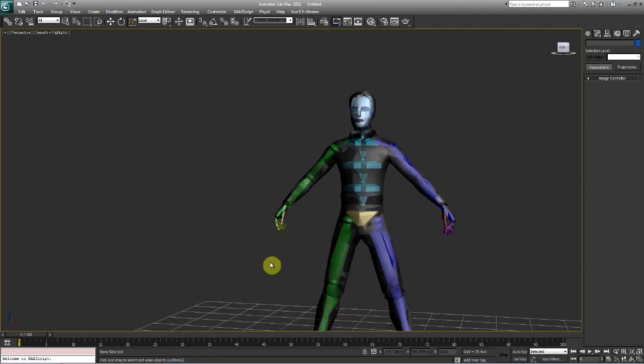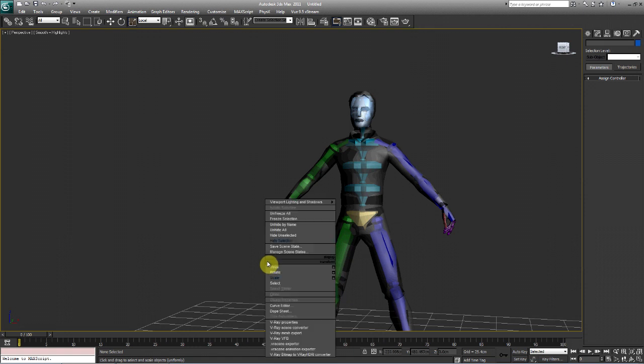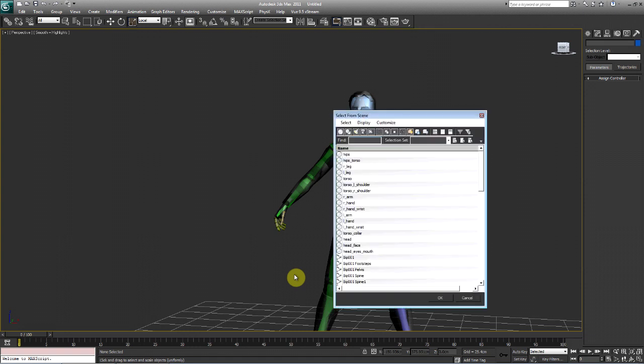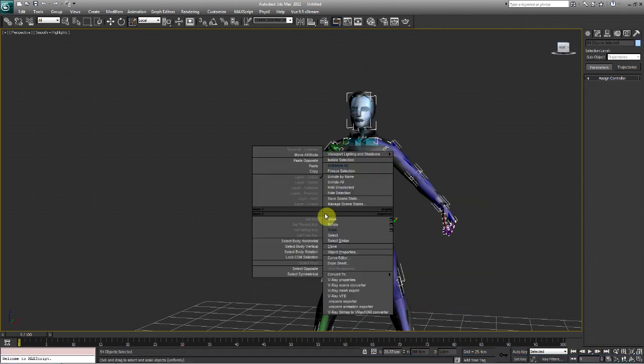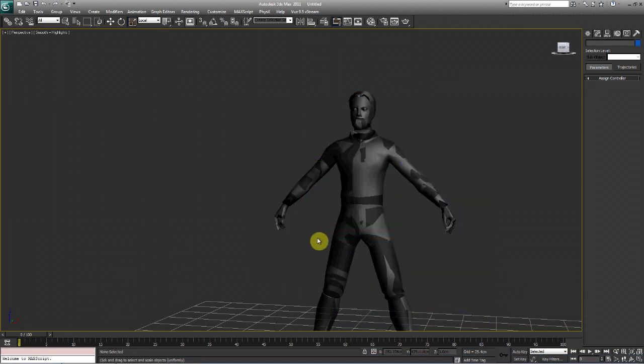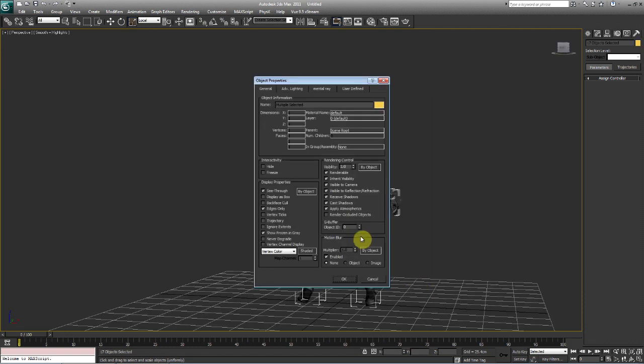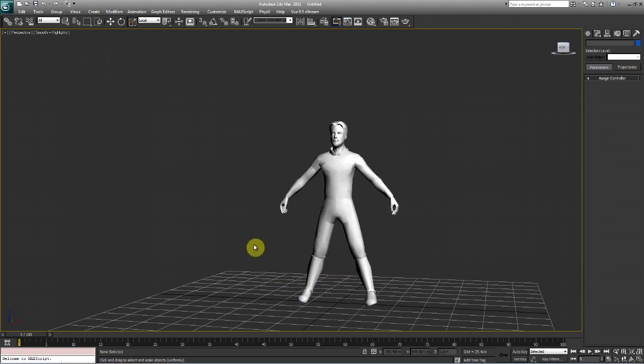So what we're going to do is leave the bones alone. We're going to select unfreeze all, because what we did was freeze the mesh. Now we're going to hit H for selection. I'm going to type in BIP, and hit hide selection real fast. I'm going to select all the mesh parts, go back to object properties and unclick see-through, and now we have our Kyle Katarn back, no longer transparent.